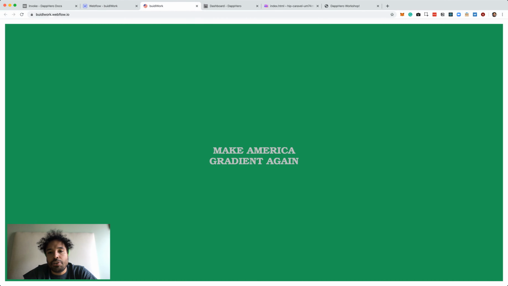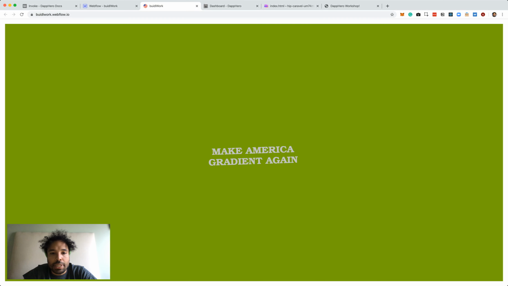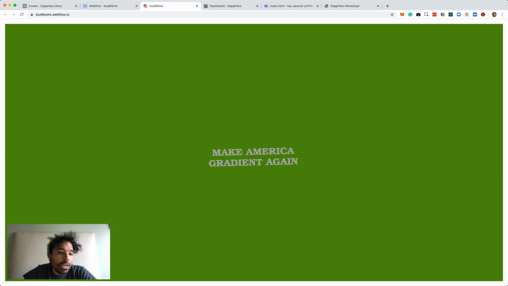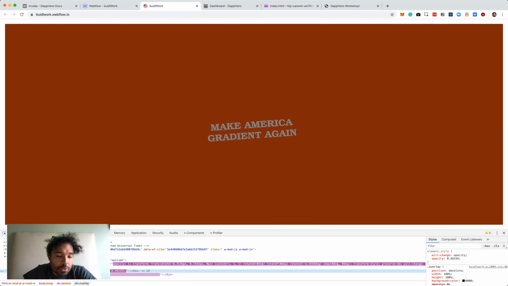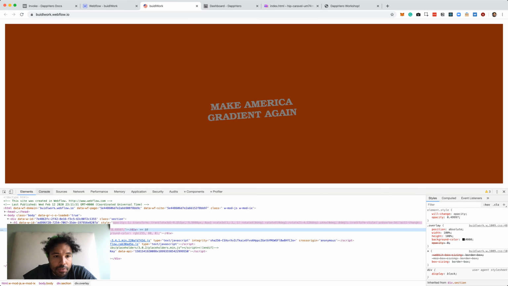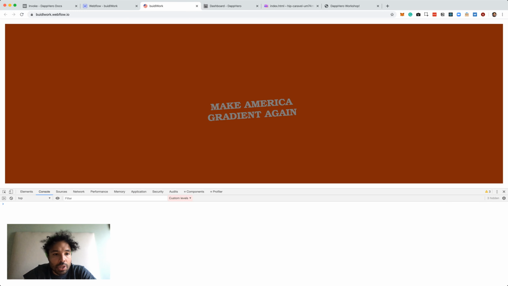WebFlow. All right. Make America Gradient Again. Again, political connotations aside, this works. But let's see, is DappHero here? One thing that you can do, because sometimes it's a little tricky to know if you have everything running, is go into the console and type DappHero, and that'll give you enabled: true, and then it actually tells us we already have our contracts coming in,